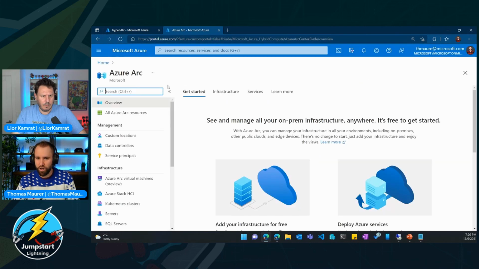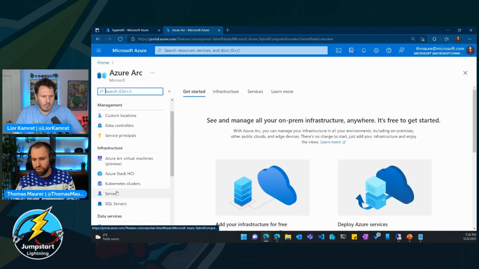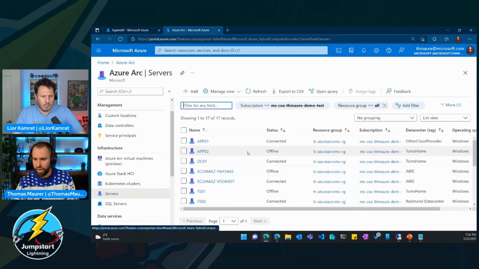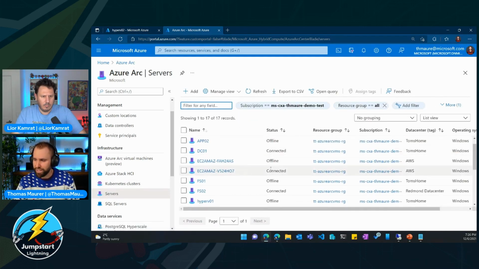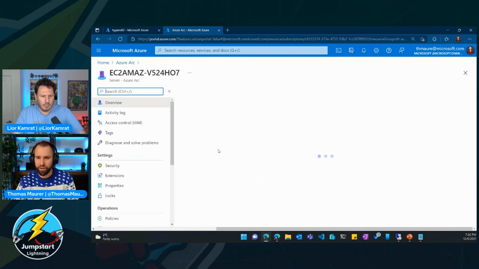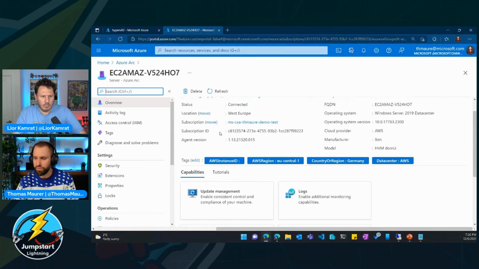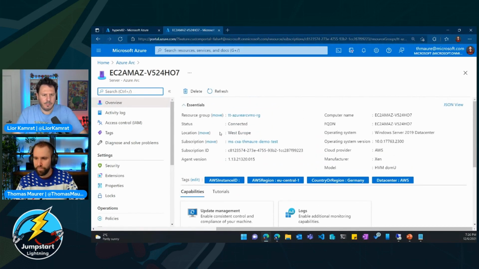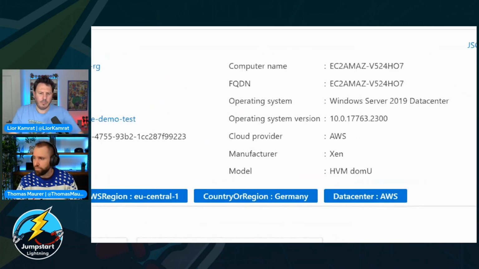And I go to Azure Arc. I go now to servers. And what happens is here, now you can see here that this is my AWS machine I just connected. I can also go back and quickly show you the host information, but this is actually what it now did. As I showed you, we already gather some information, like cloud provider, it automatically detects that it's an AWS machine.